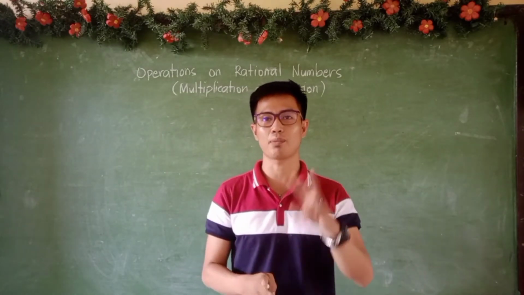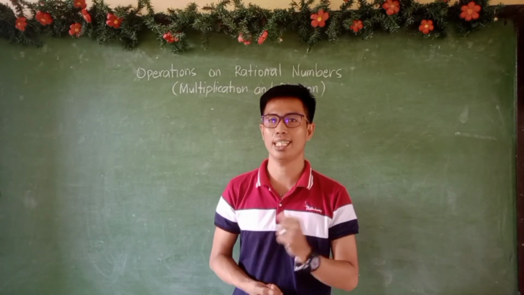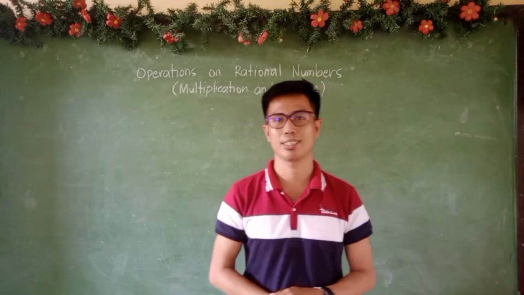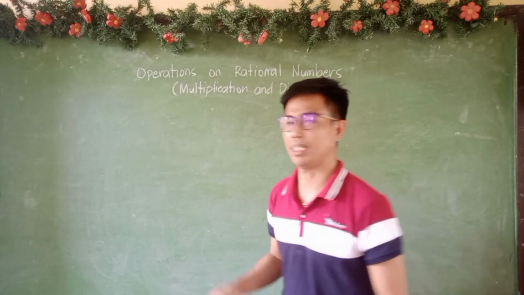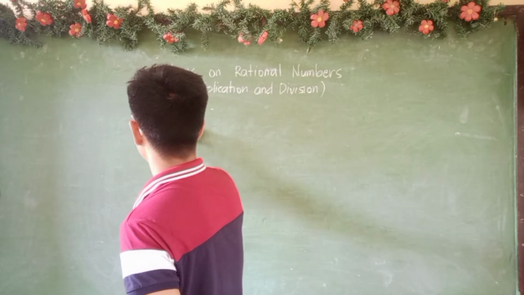So ganun lang po yan. Pag magkapareho positive, pag magkaiba, negative. And we're going to apply that in multiplication and division of rational numbers. So let's try this given. So let's say we have 1 over 2 times